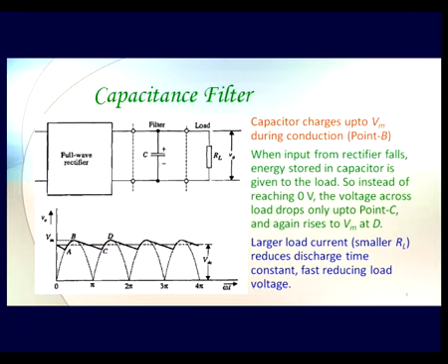So performance of a capacitance filter will be highly dependent on what kind of load current is required by our circuit, and so the performance will be hampered if large currents are drawn. So we have to take into cognizance while designing or choosing the capacitor in such a way that it will have a value enough to store energy which will be able to deliver enough current to our load when conduction is not happening. But it should not be so high also that it takes longer time to charge,